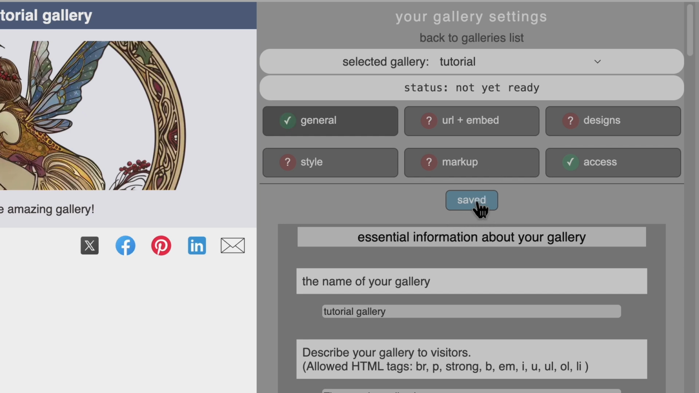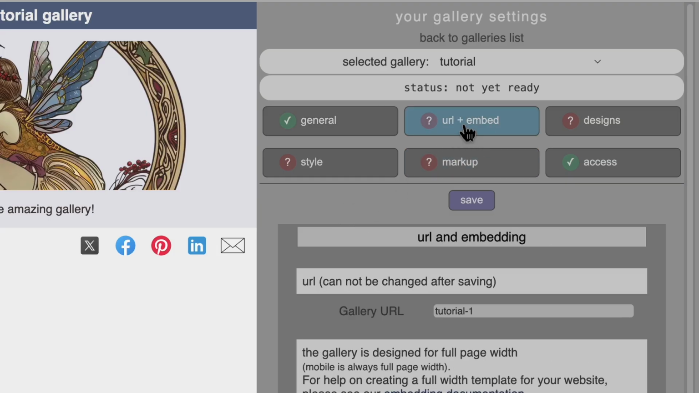If you provided enough information, the question mark on the red background will change to a check mark on a green background. Now let's proceed to the next tab, URL and Embed. First,